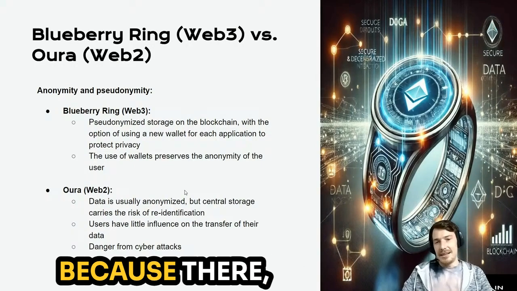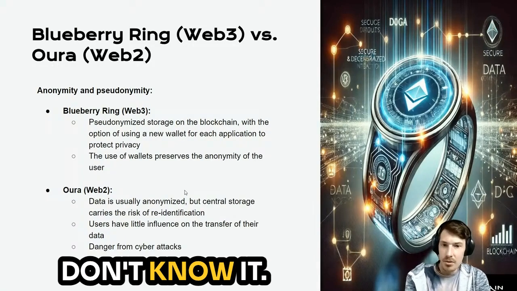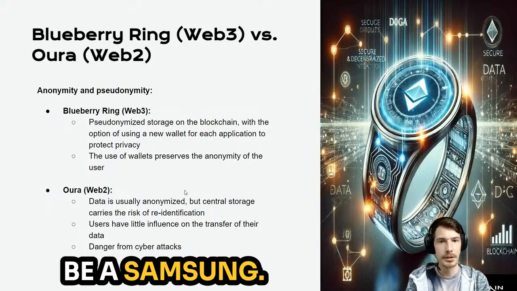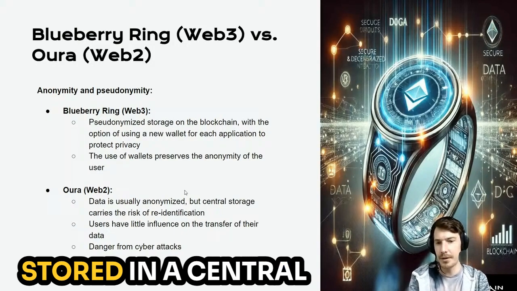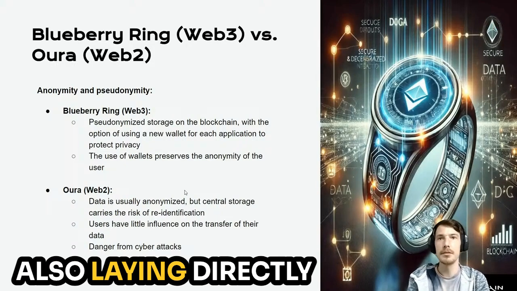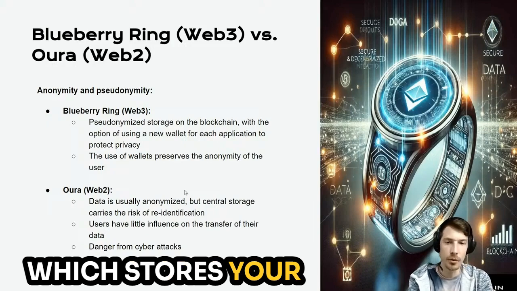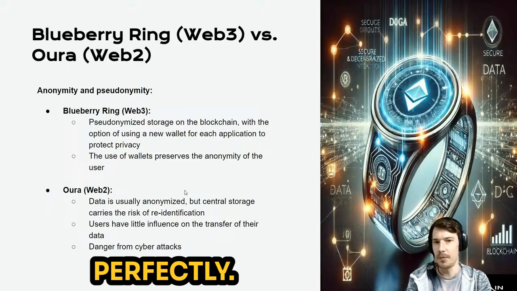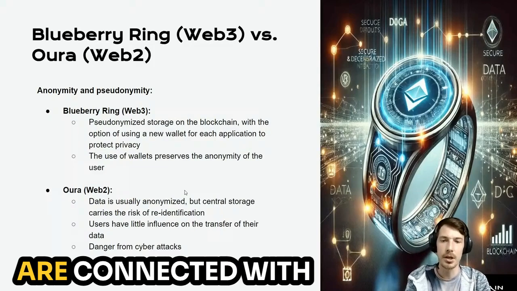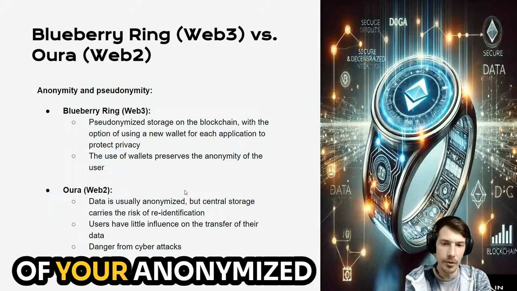Web2, because there the data should be anonymous, but you don't know it. You just have to trust your intermediate, which could be Ura, which could be Samsung. Anyways, your data is stored in a central storage and maybe also laying directly next to the database which stores your payment information perfectly. When then these two databases also are connected with each other, then all of your anonymized